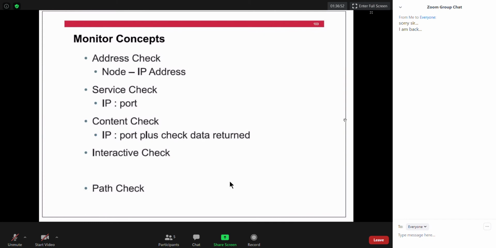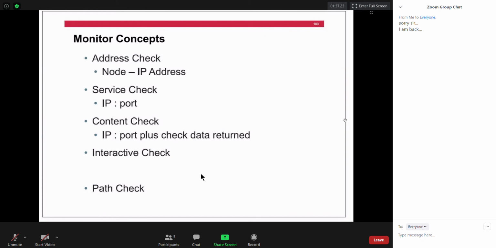First, it's address check. Ideally, you do an address check for a node only. Hey node, I want to check if you are up or down. So address check is applicable for nodes only. You have a server and you want to identify whether this server is up or down. The best way is to check the IP reachability, because a node is nothing but an IP address.